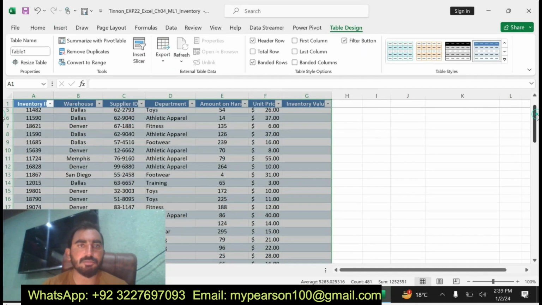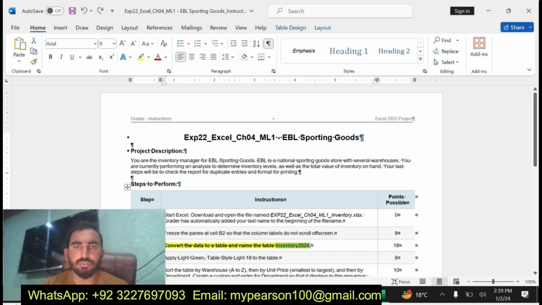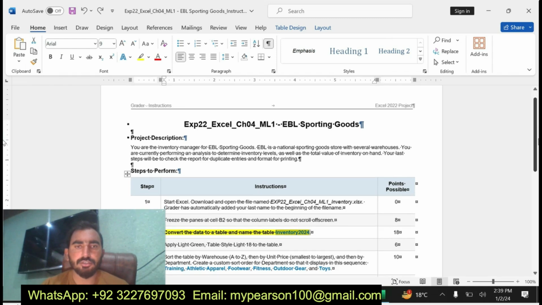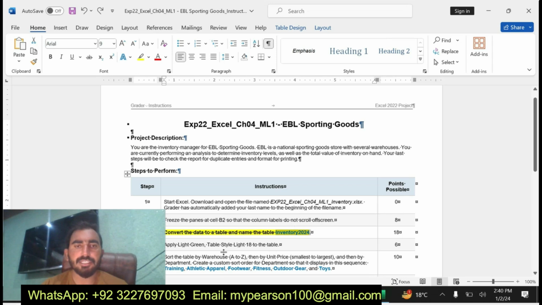Now I'm going to change the table name from Table1 to Inventory 2024. Okay, I have changed the name of the table. I have completed step number 3.